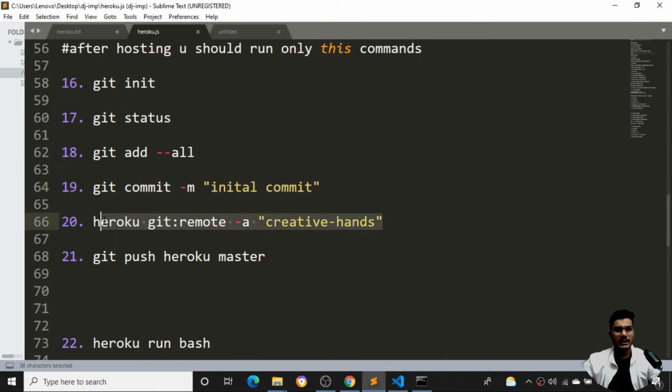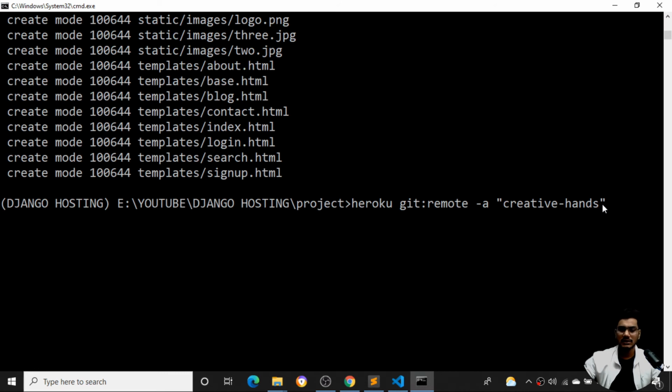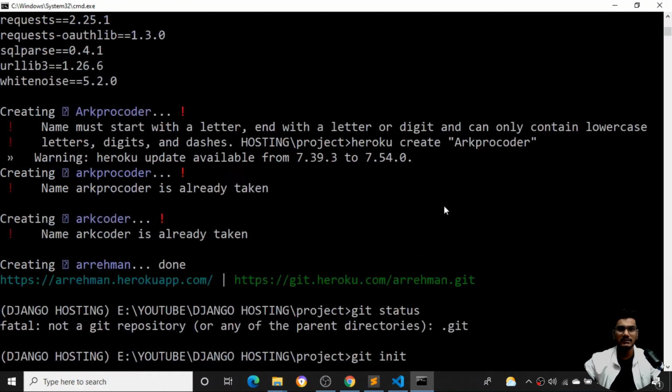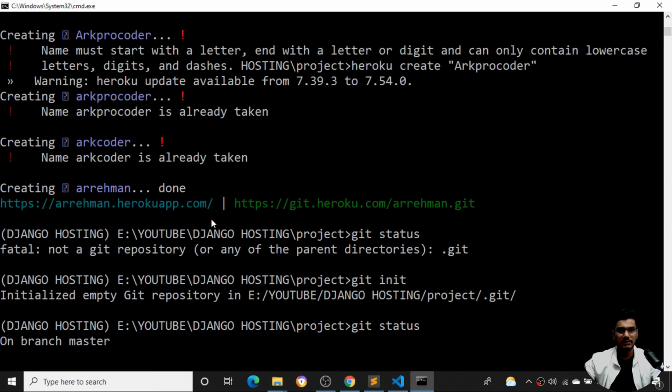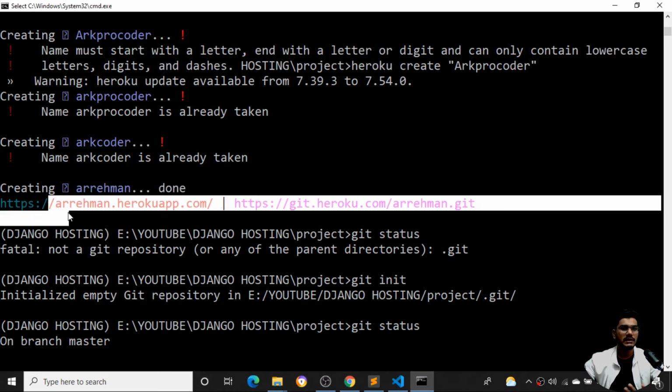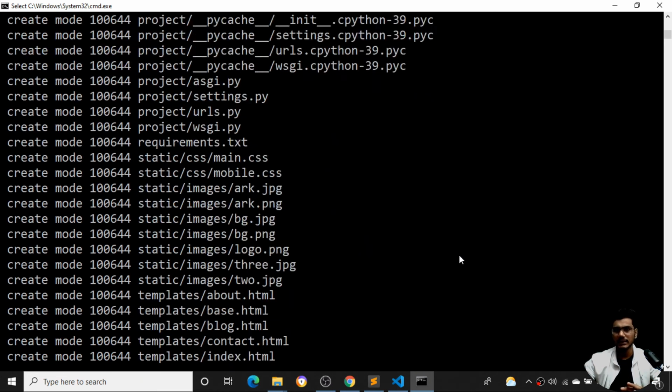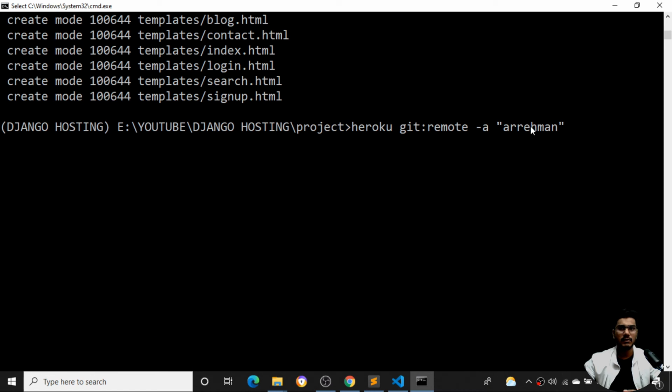Here I need to connect with my domain name. So I'll come here and right click. What is my domain name here? The domain name is AR Rahman. So AR Rahman is my domain name, which I created at this time. If you have created your domain name as Sakina or your own name, like Harshit or Aditya, you need to give whichever domain you created. Here I have created the domain name as AR Rahman. So I'll just enter this particular command.